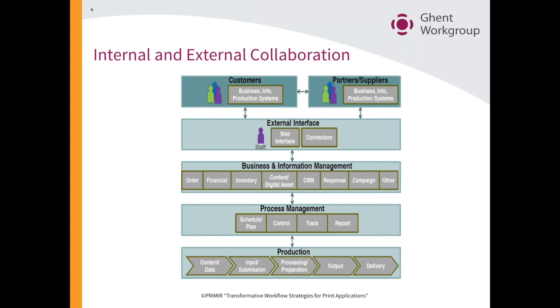And you can see it's broken up into a number of different strata. At the bottom is pretty much production, right? So you have your content and input, the content submission, processing, output, and delivery. But as we all know, there's a lot more that goes around that. As we start to get much more managed and optimized, and as our tools allow us to, we start to integrate that production with a management functionality that includes scheduling, controlling, tracking, reporting, etc. And of course,